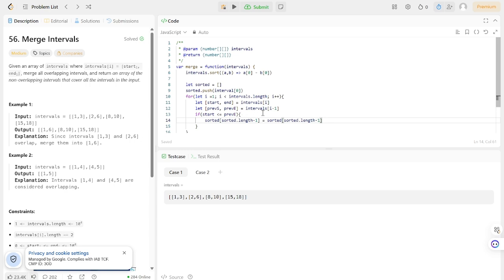Okay, this is sorted. sorted.length - 1 gets the last value. So once you've pushed it into the array, because we might have merged it, if we get the last value of intervals, it won't show the merged value. Okay, so we set this, sorted.length - 1, to